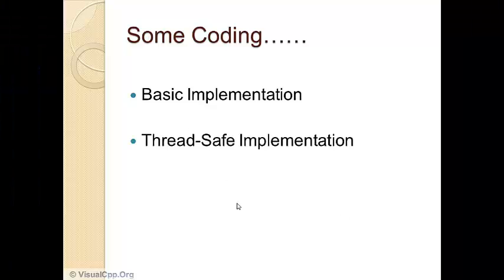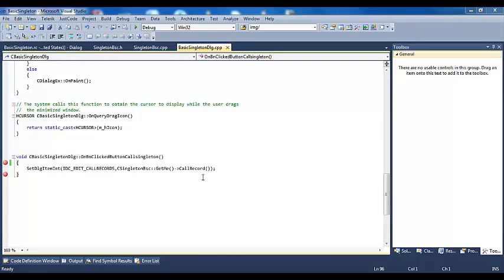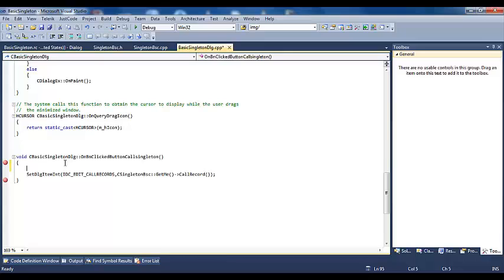Thread safe implementation. In demo 2, I will look at different aspects of this singleton pattern. First is, can we create a singleton based class object outside the singleton class? Let's see. Our singleton class name is singleton basic.